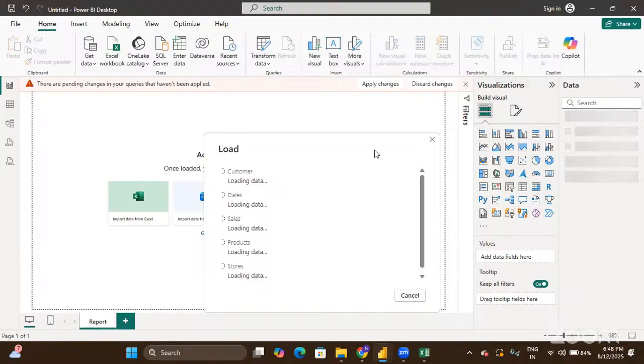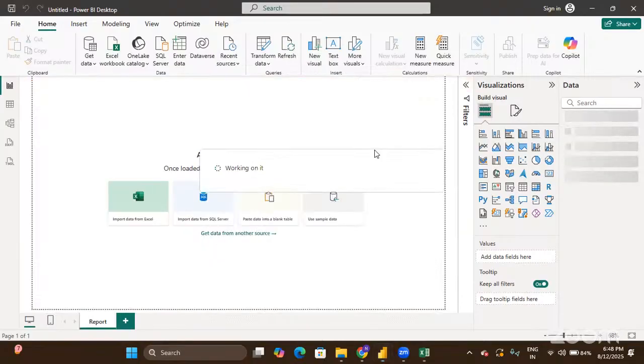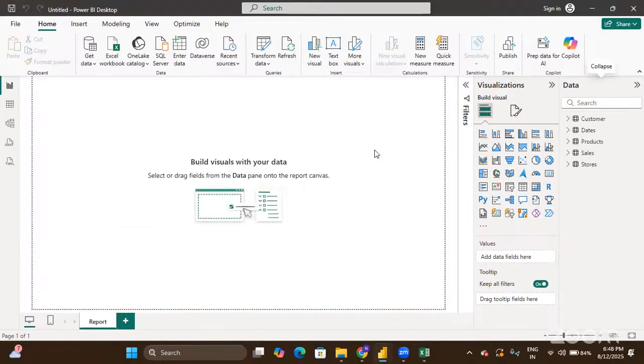So the data is getting loaded, taking a good amount of time. Is it done? Yes, it's done. So now we have the data under the data pane,